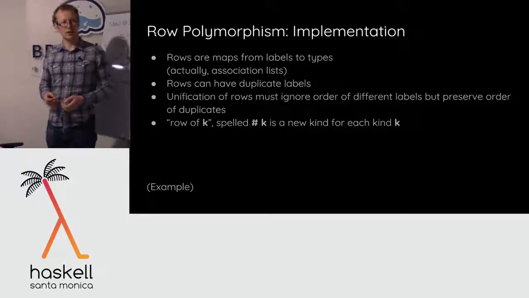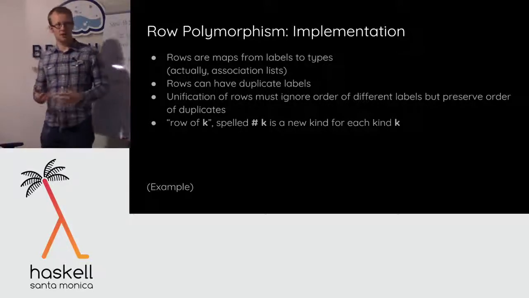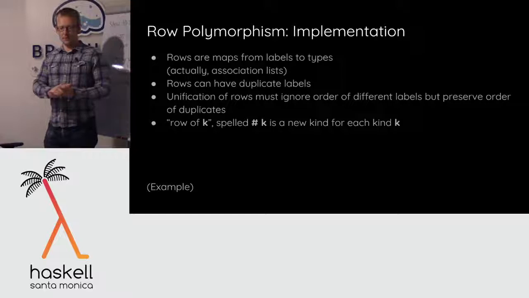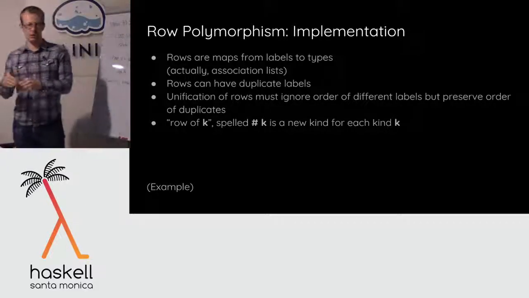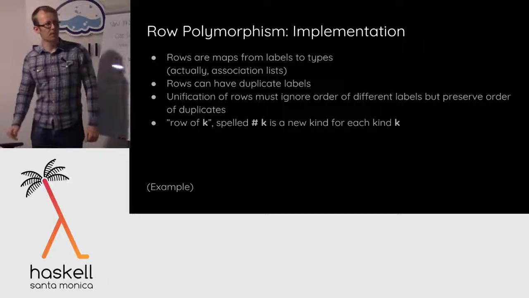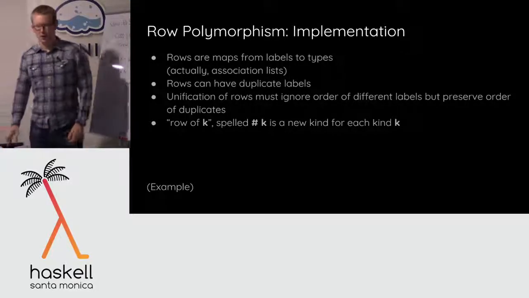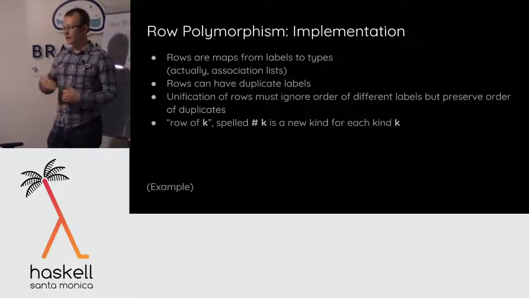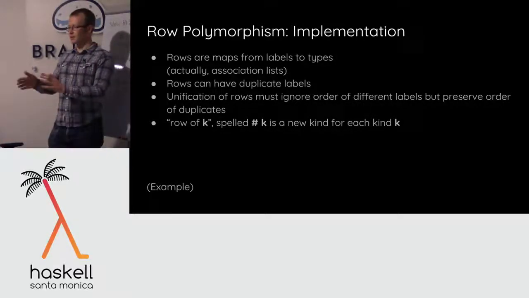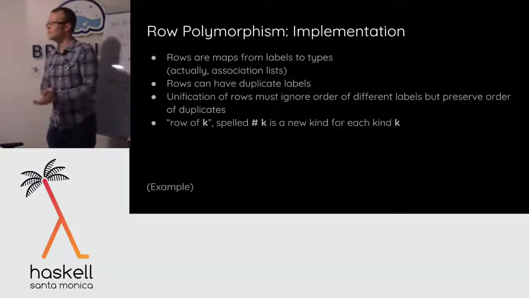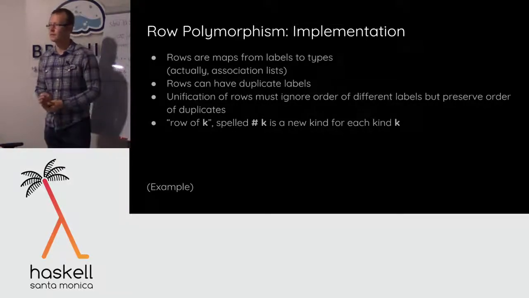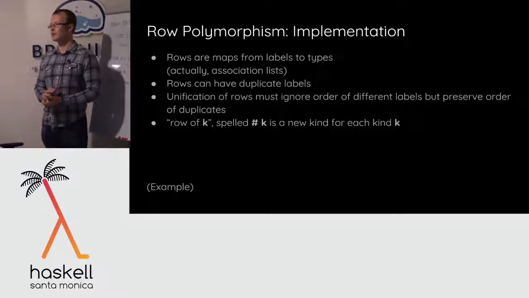All right, so actually it's sort of a technicality, but the rows that we have allow for duplicates. So we keep things in sorted order inside the compiler for a row, but when we have duplicate labels, we have to make sure that we don't reorder the duplicates, because the order is important for duplicates for the same label. For example, if I have effects and I want to track the fact that I can throw two exception types, it's important to remember the order in which I'm going to catch them, right? And the duplicate labels, do they have to have the same values? They have the same label. They can have different types inside.